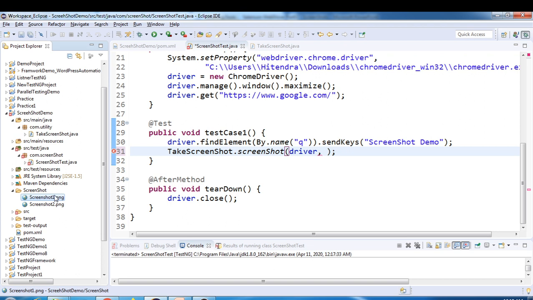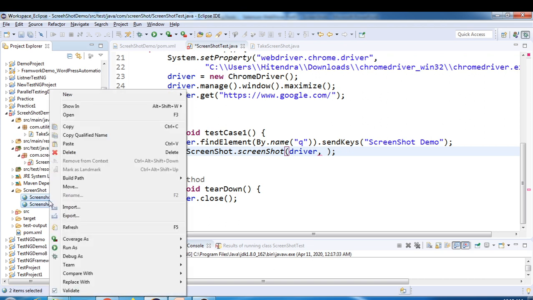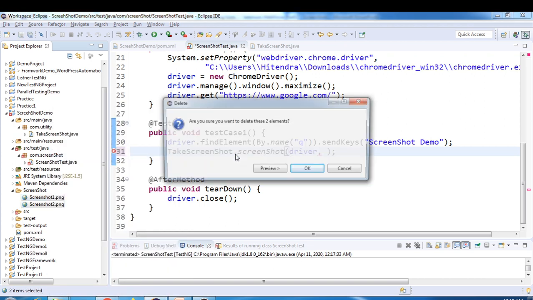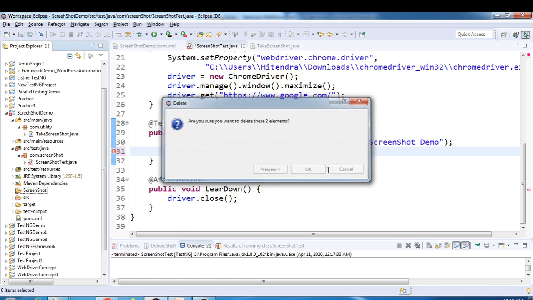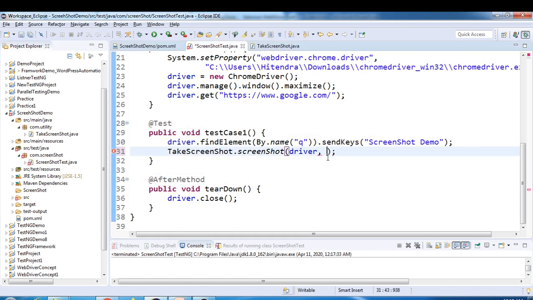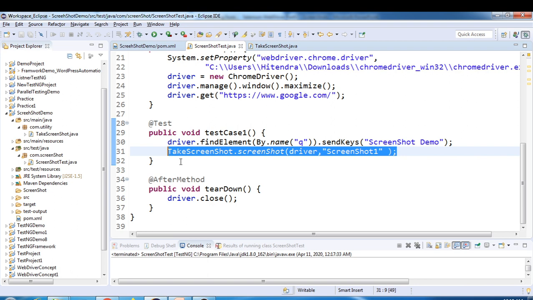I'll delete these two for now. Okay, let's say screenshot 1, and double quote screenshot 1. I'll give screenshot 1. Okay, now you want to take the screenshot,